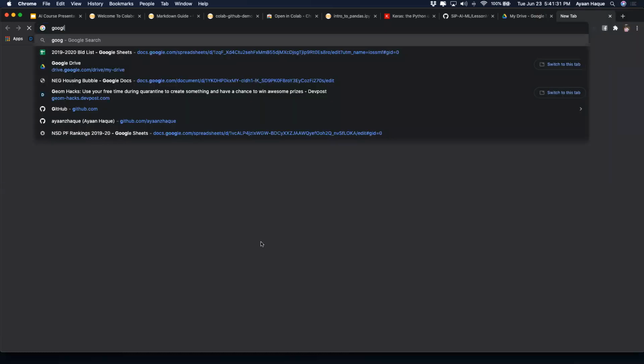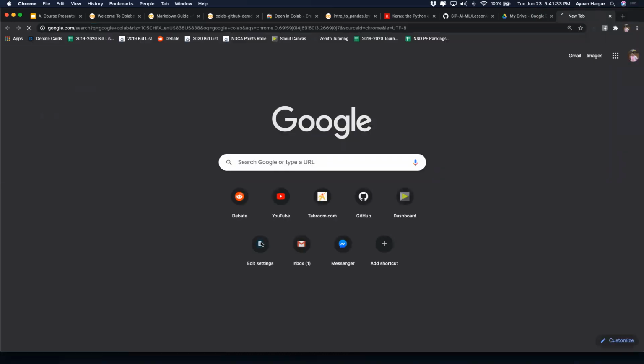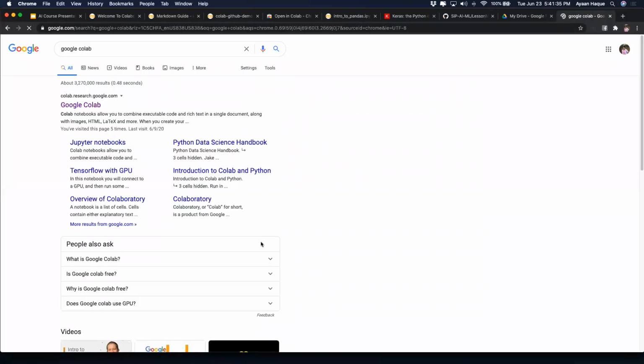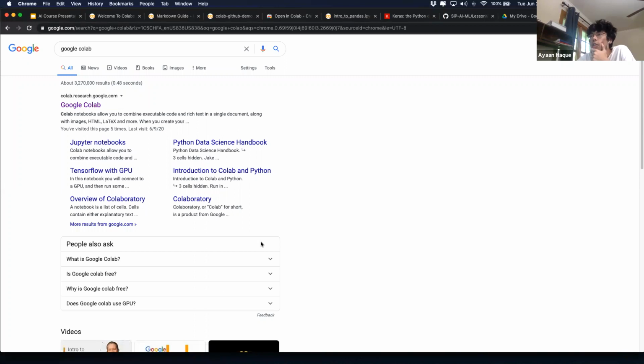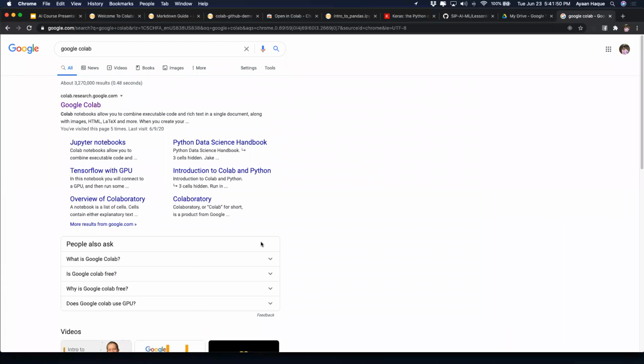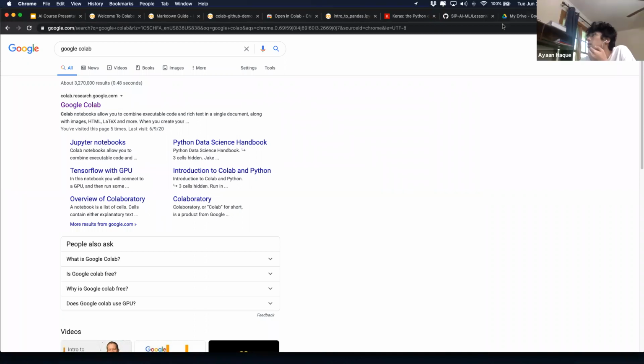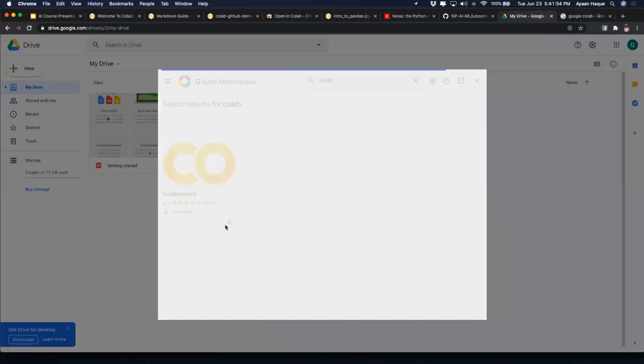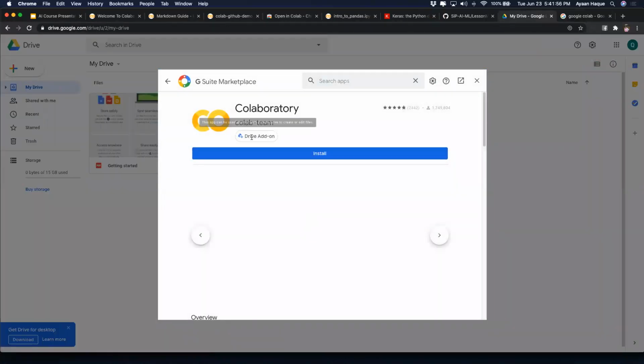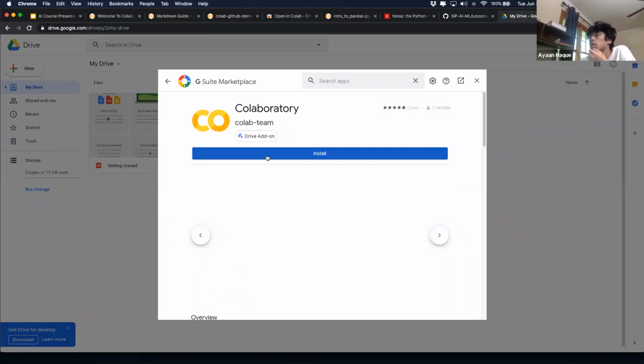I have a question. Yeah, go ahead. So I installed Google Colab. I didn't download it. Is that okay? What do you mean you installed? It gave me an option to install it. I did the exact same steps you did, and when I clicked on the plus Google Drive sign, it brought me to a page with an install button. Just press install. Yeah. Okay.